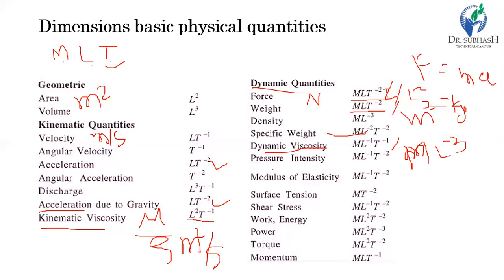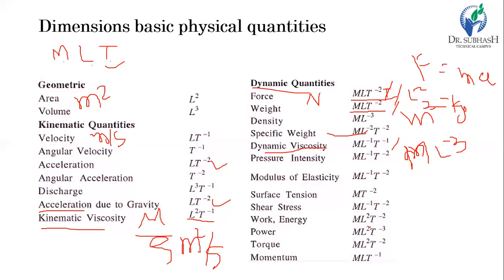And then intensity of pressure, it is the force per unit area, so Newton divided by area. Area is length squared, so M L minus 1 T minus 2. So this way you can derive. Whenever you try to memorize, you always make a mistake, because these all have fundamental dimensions and the powers are nearly 1, 2, and 3 only, or sometimes 0. So if you try to memorize all the things, it is very difficult.